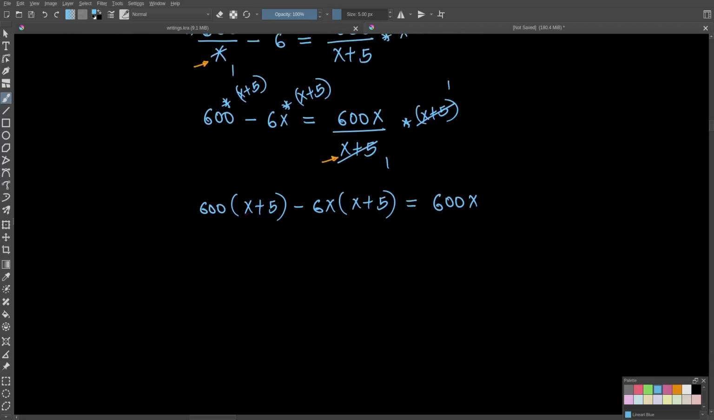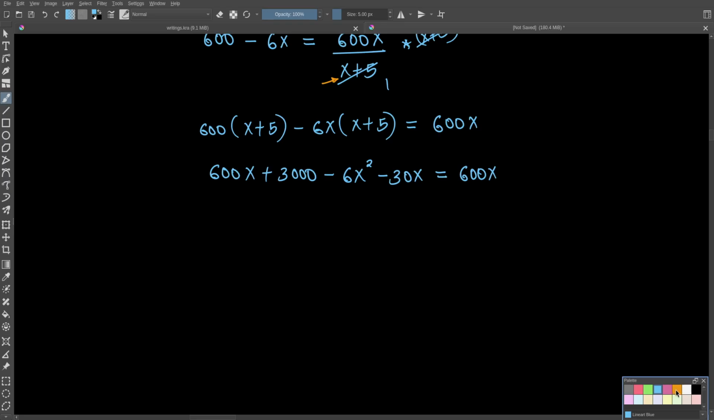So 600 times x, that's going to give us 600x, and then 600 times 5 is going to give us 3000. Then negative 6x times x will give us negative 6x squared, and then negative 6x times 5 will give us minus 30x, and all this is equal to 600x. Okay,